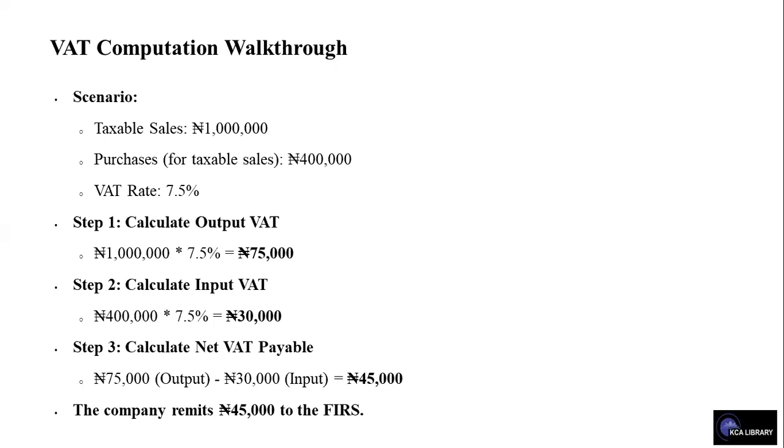For input VAT, that's 400,000 multiplied by 7.5%, which is 30,000 naira. To calculate the VAT payable now, it is 75,000 minus 30,000 naira, which is 45,000 naira. And the company remits 45,000 naira to the